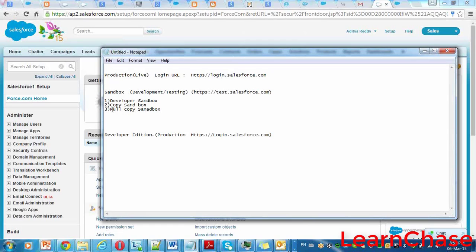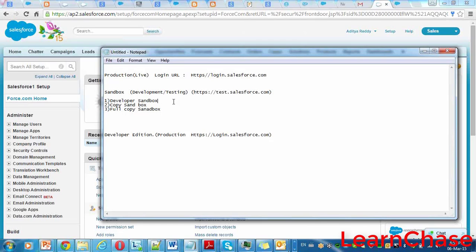If somebody asks whether a requirement is feasible or not, you will come to the developer edition, create that requirement in your own org, and tell them yes, we are able to do that. For that purpose, we mainly use this developer edition. Now you are clear, right?